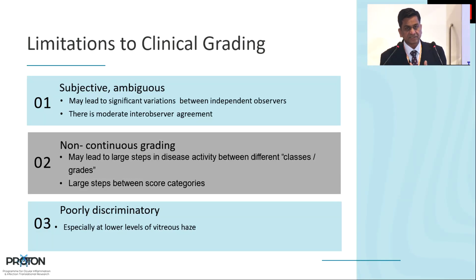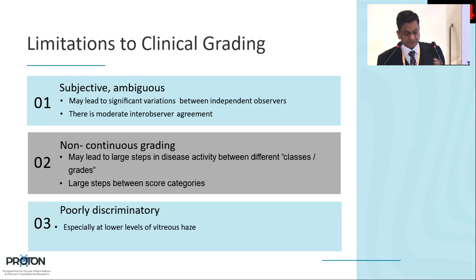But the challenge with these things is that they are subjective. What I see, what my friend ZX sees, what my other colleague Dr. Ho Suling sees, we all probably see differently, and sometimes there can be grading differences. It also depends: I run a clinic in NCID, I see 0 cells or maybe 1+, and I come here and see on a Haag-Streit slit lamp and suddenly those cells become 2+. I said on a Takagi slit lamp it was 1+, and on another slit lamp it has become 2+. So it sometimes depends.